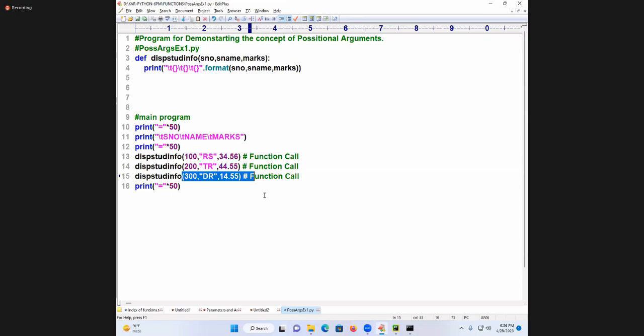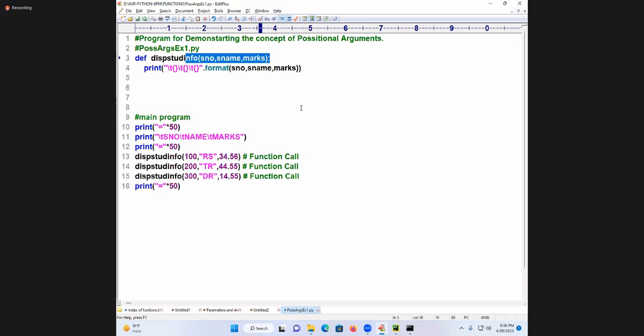Specific data. Specific data means particular personal data. To pass it, I will utilize positional arguments. Positional arguments are used for passing specific data from function call to function definition.